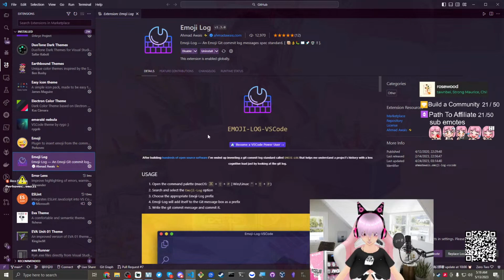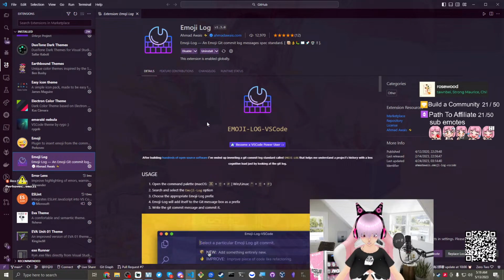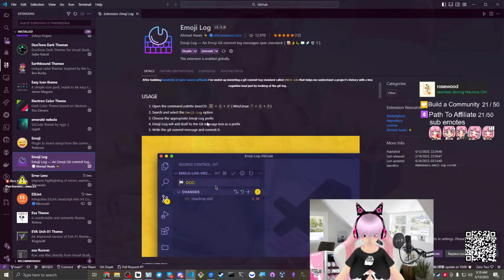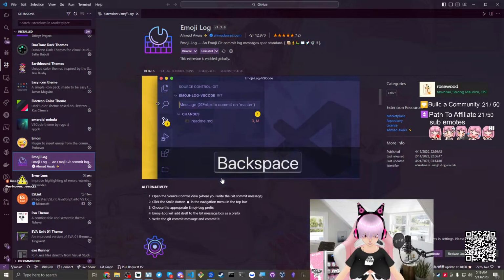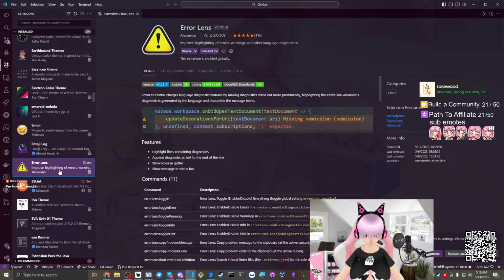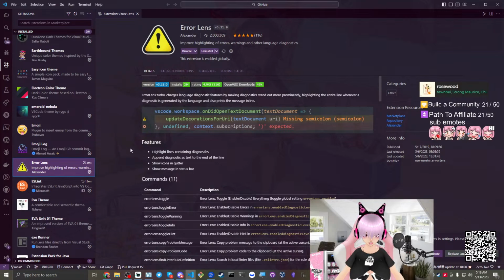Emoji log. So what emoji log does, well, let's see what it does. I have it installed. Recorder. Well, okay, I don't know why I have this on here, so we're just gonna skip this one. This is really important. Error Lens. If you're a beginner, having Error Lens is a great way to actually,